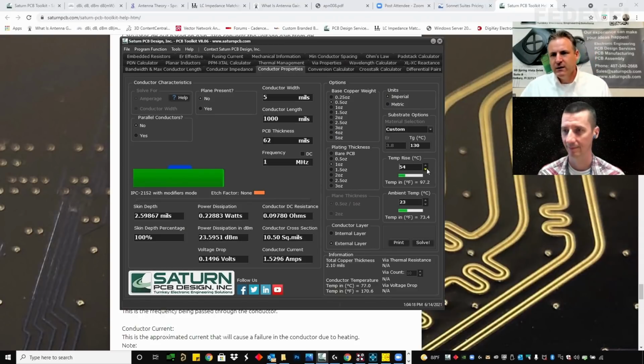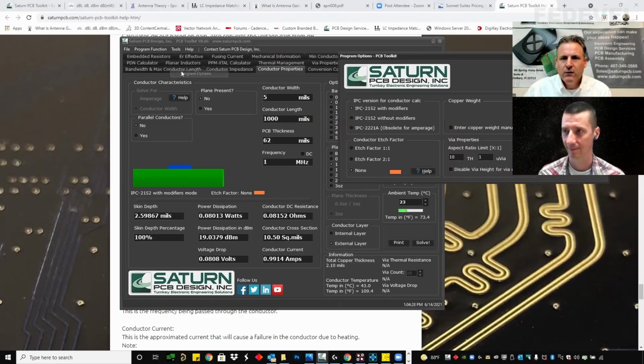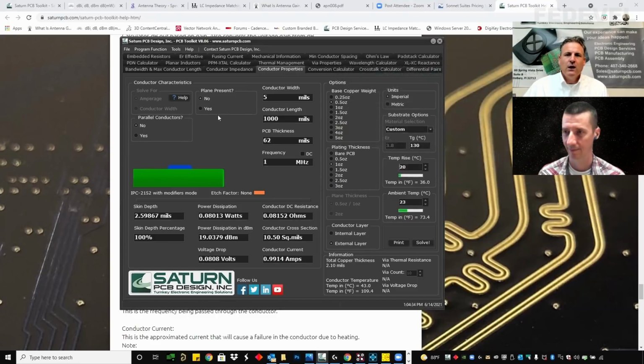And based on these inputs, I have this set up right now with all of the modifiers turned on in the 2152, meaning if you add a plane to it,